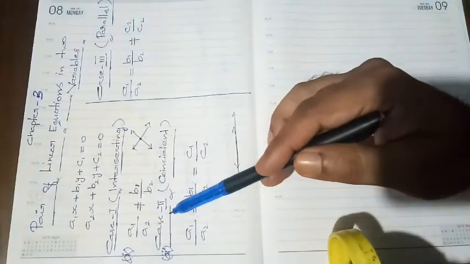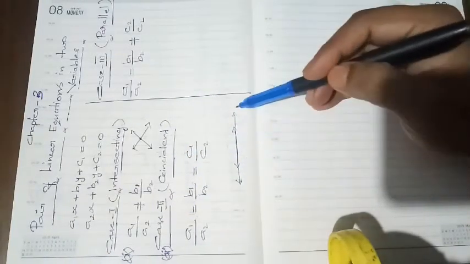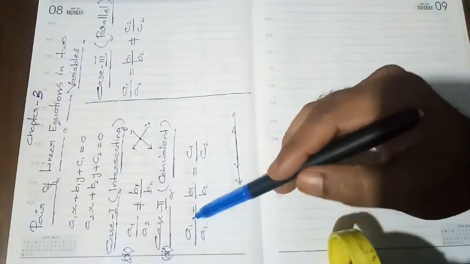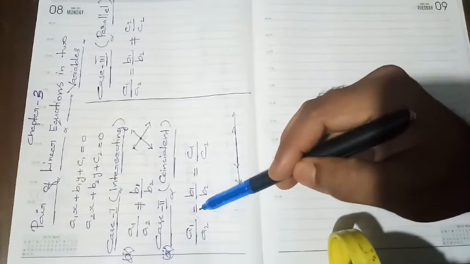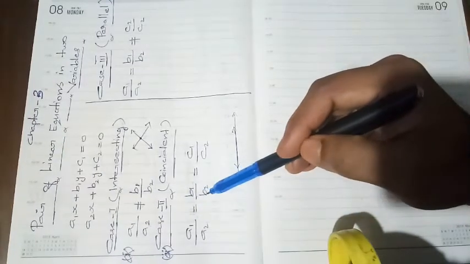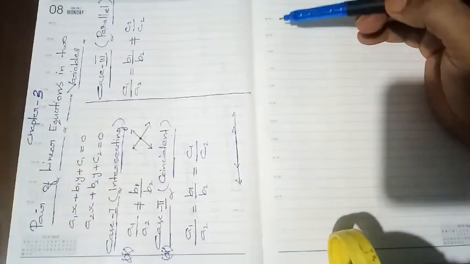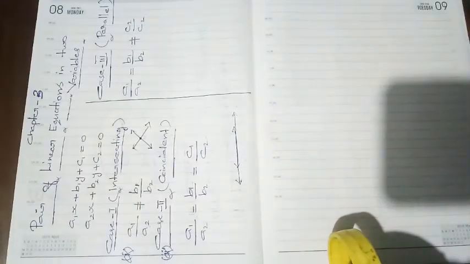In the second case, that is case 2, coincident lines, the graph will be like this. In this case, the coefficients will be like this: a1 by a2 equal to b1 by b2 equal to c1 by c2. And in this case we can say that the equation